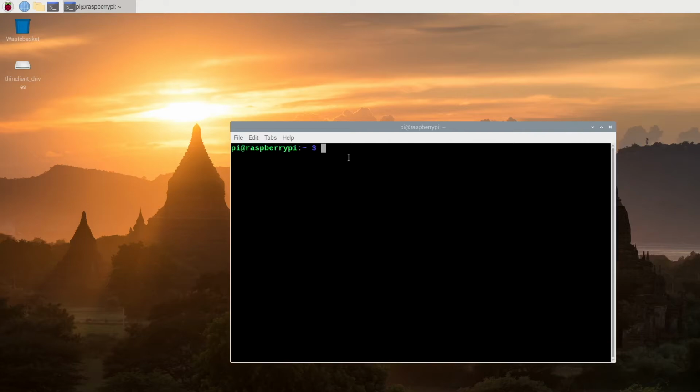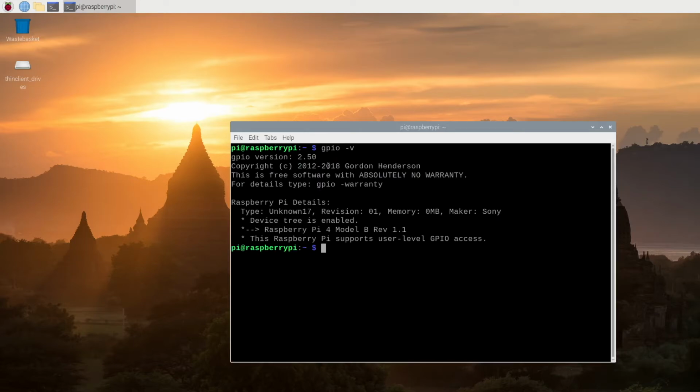We'll type in gpio -v. You'll see here that the version is 2.5. And when we look at the Raspberry Pi details, you may see an unknown 17. By default, the Raspberry Pi OS Full, which is what I installed, comes with GPIO 2.5. This version does not properly recognize the Raspberry Pi 4, which is what I have, so we'll need to update